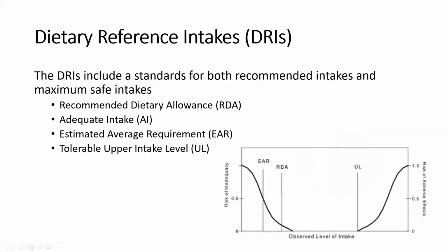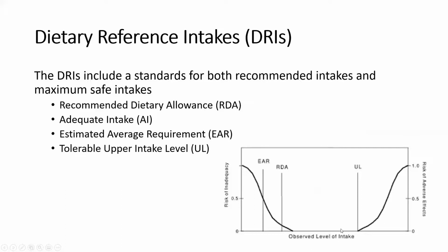Because there is this optimum level of each type of food as well as each type of vitamin and mineral. So we have this recommended amount, and then we have this upper limit. Everywhere in there, you're probably good. If you have too little, it's bad. If you have too much, it's bad. We want to be optimal.